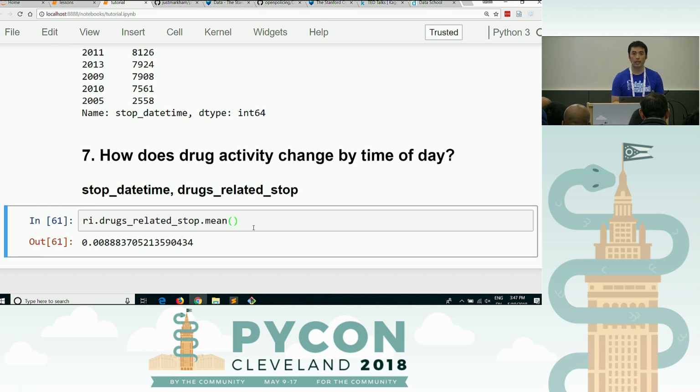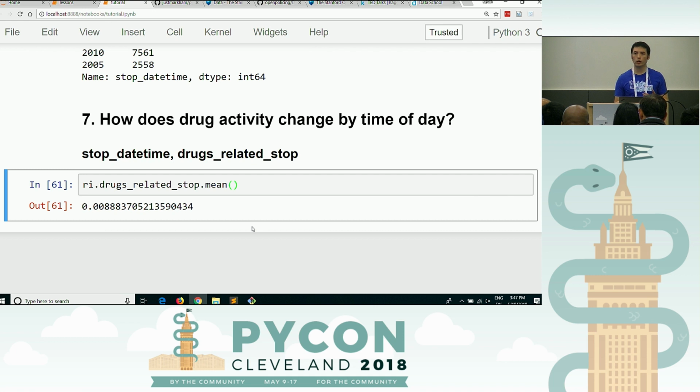Okay, so it's less than 1%. We assume what this means, and we could look it up, that drugs were found. I assume that's what the true value means, but we could look it up in the documentation. So the way I chose to interpret the question is, for each hour, what is the